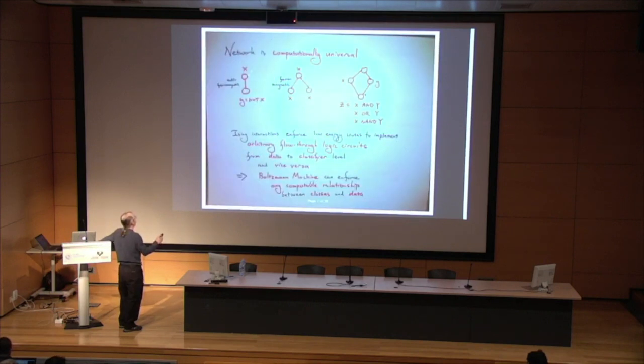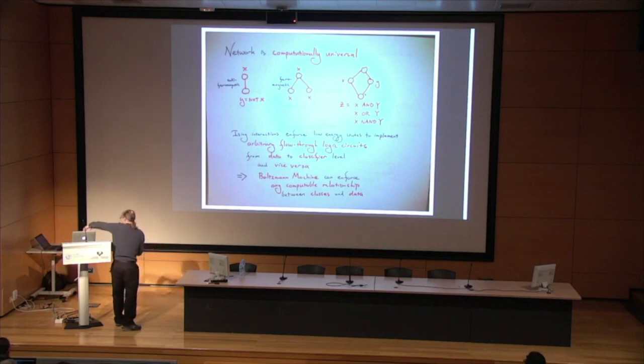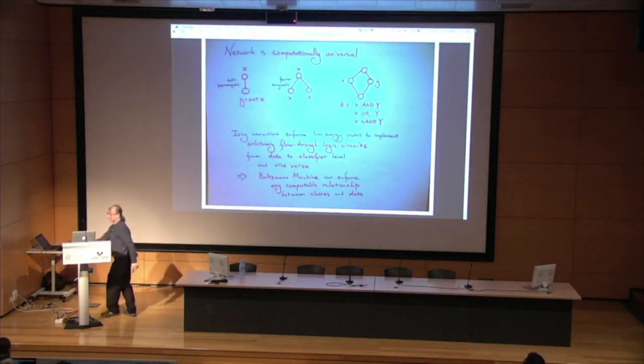So how does this work? Let's say the information is flowing from top to bottom, so I want to make a logic circuit that takes the information at the top, at the classifier level, and produces some arbitrary Boolean function at the bottom. I can enforce, for instance, a NOT operation if I've set this node to be a value x, which could be 0 or 1. Then with an antiferromagnetic coupling, this node will have to be not x if we're in the ground state of the system. Or if this node has been enforced to be x and these are ferromagnetic couplings, then both have to be x. And it's a fun exercise to convince yourself that with the right individual terms and the right kinds of couplings, you can set up a